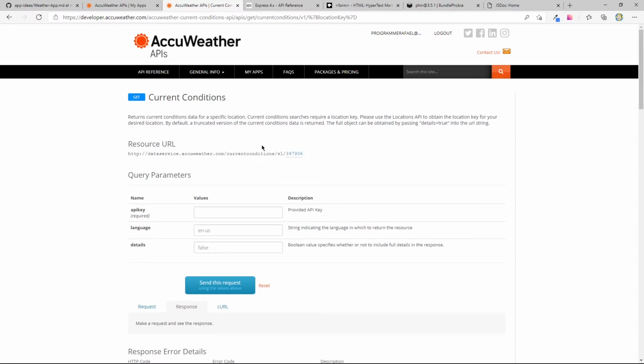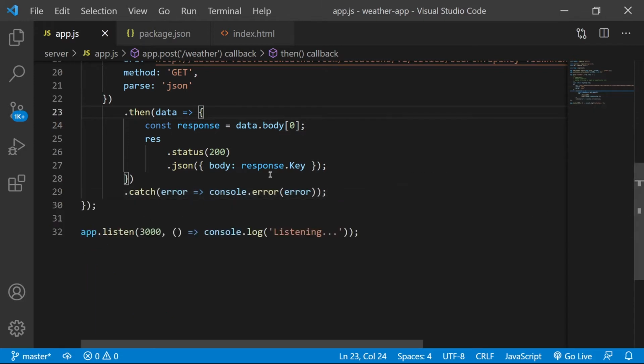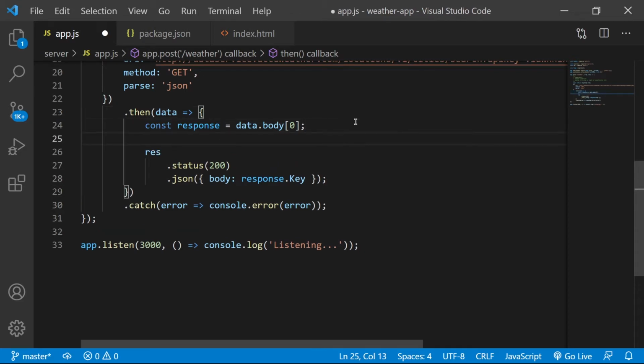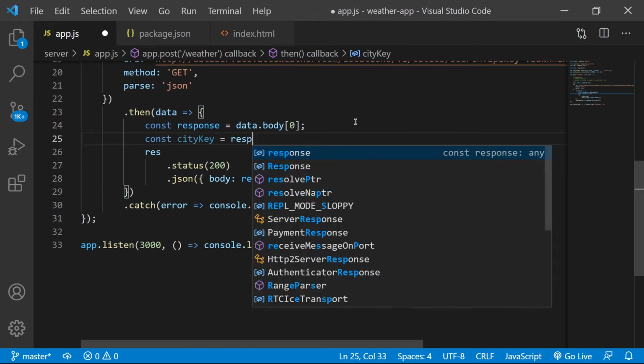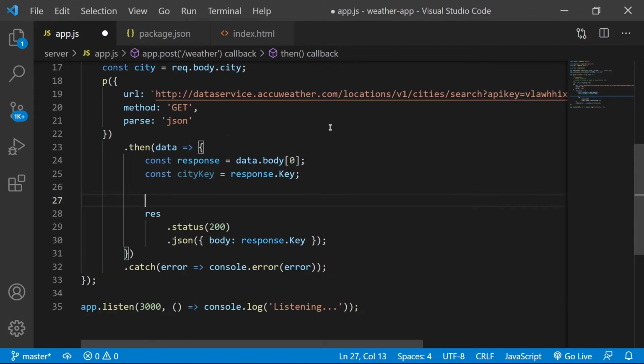Okay, cool. So let me actually copy this here. Let's come back to our code. Okay, so let me close this to get some more real estate. What do we want to do? So now at this point, city key is equal to response dot key. Now we need to make a new request.